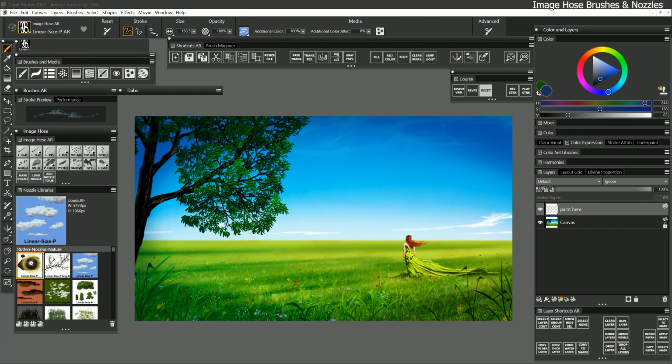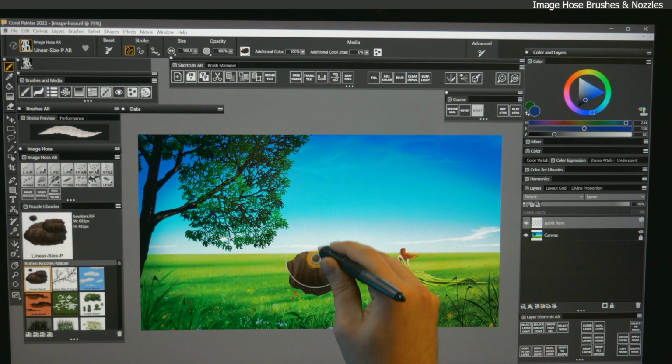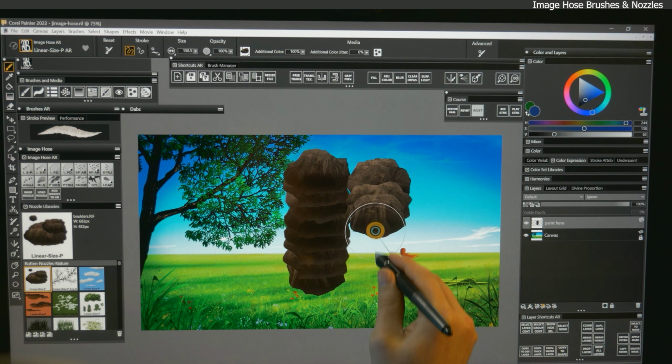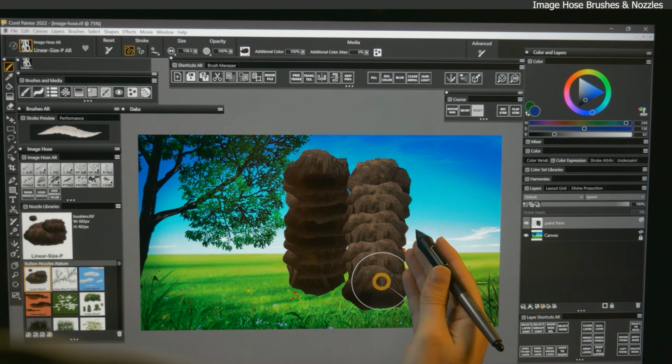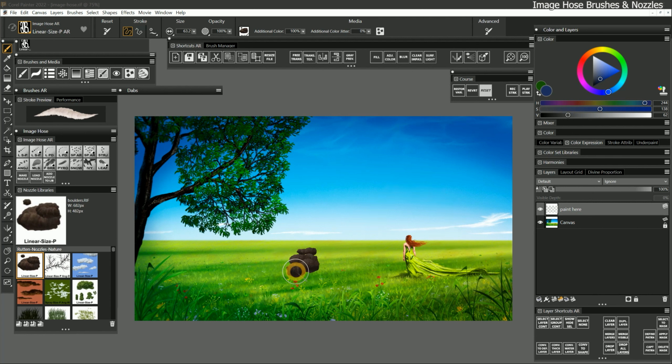For example, let's try the boulders nozzle. I can paint individual boulders like this, or I can build up a rock formation. Notice if you paint upward, the boulders look like they're in shadow. If you paint downward, they look like they're in the light. I can leverage this to make something that looks like an arch. Generally speaking, it's best to paint these stamps from background to foreground so that the objects layer correctly. I'll paint overlapping boulders that start from the background and move into the foreground,